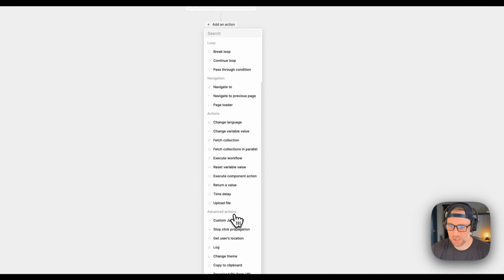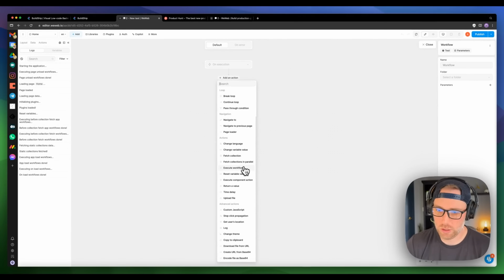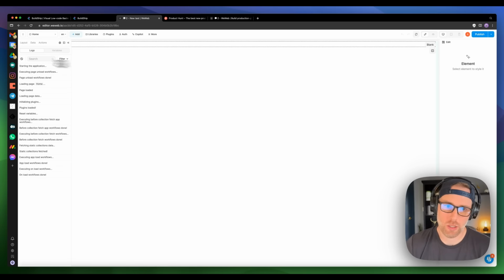Under actions here, there's a ton of different things that you can do, from fetching collections to variables to time delays, uploading files, run JavaScript. There's a lot you can do. We're not going to get into all that, but you can build super powerful apps here in their workflows by stringing a bunch of these different actions together. What I'm going to do though, before we do that, is I'm actually going to go over to our data